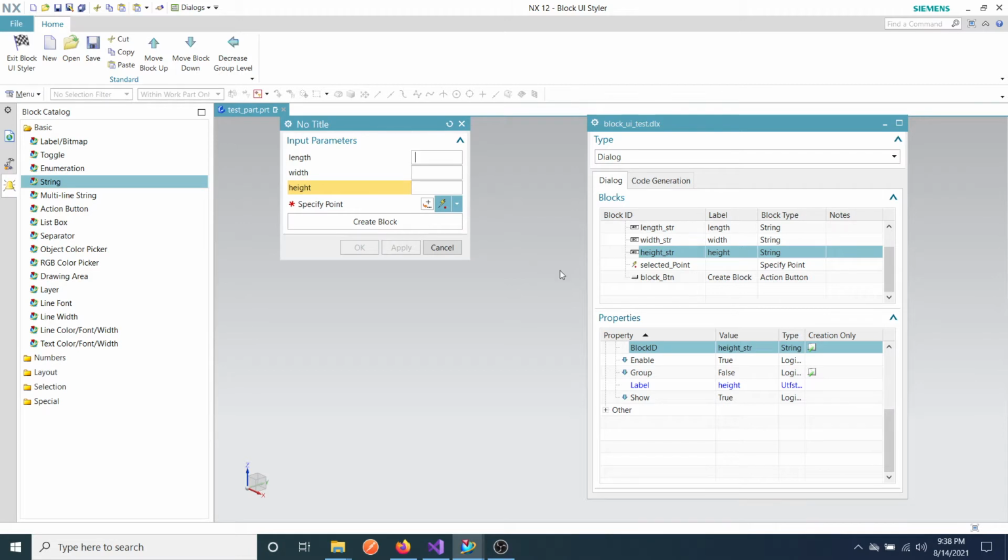Now we are going to get these inputs from the user, then we are going to create our block. That's how it should work.